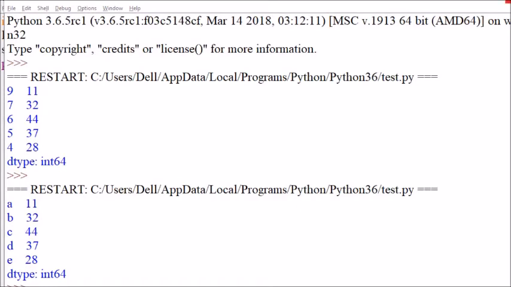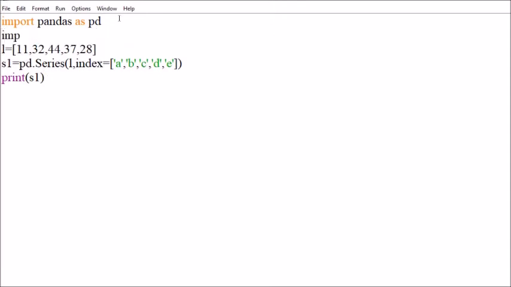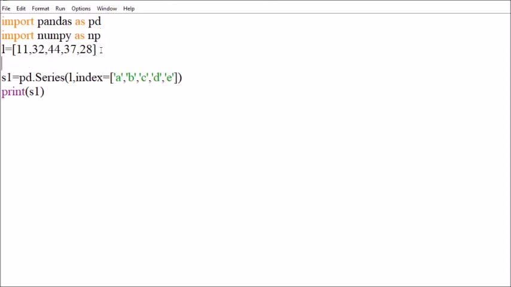Now next thing is, suppose you want it to be generated in the form of an array, so you can import numpy as np, and then here you can convert it into an array with np.array. You can convert the list into an array, and here rather than the list you can use the array.